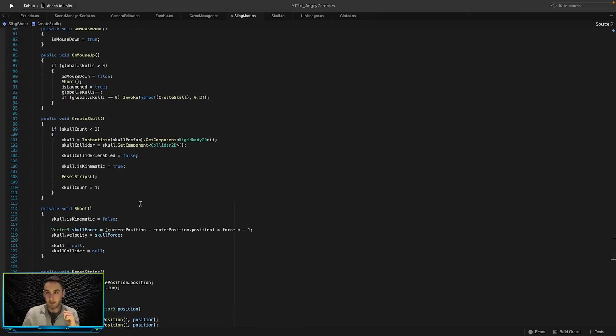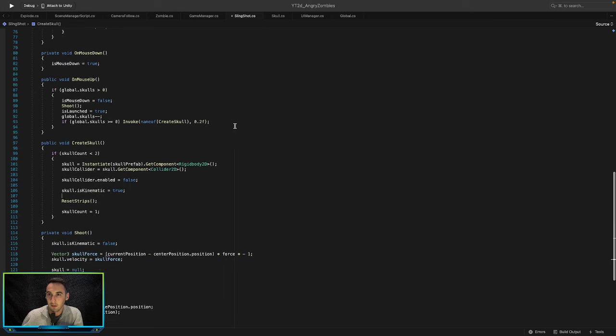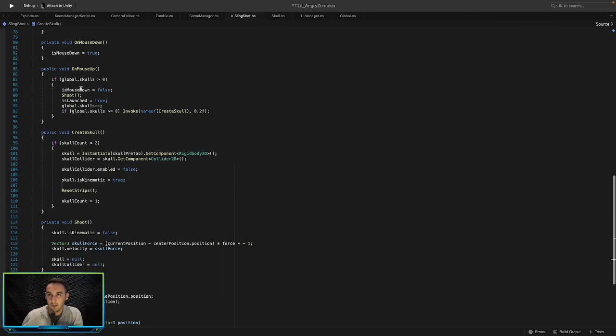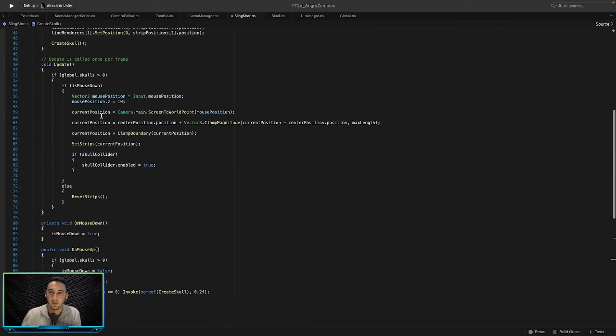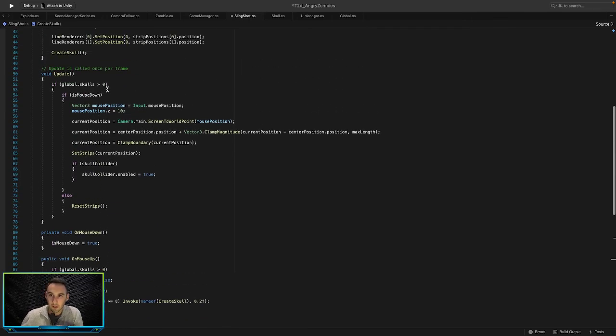I think the best place to do that is, I have no clue. Let's see, slingshot, do you want to do it in here on mouse up? So if global skulls is less than 0, we need to do this in an update function somewhere. So if the global skulls is greater than 0, then we do everything that's normal, but if it's not, let's try it here. So else if, because we need 2 conditions here,